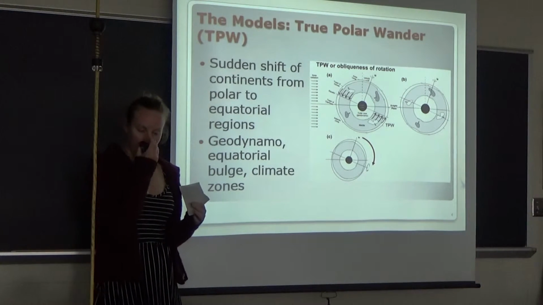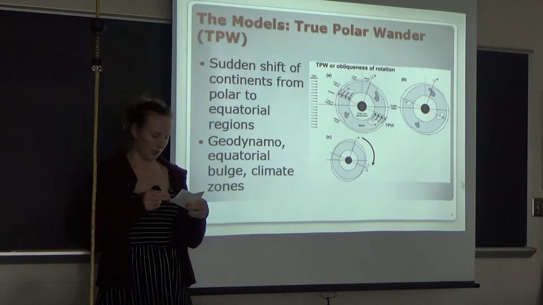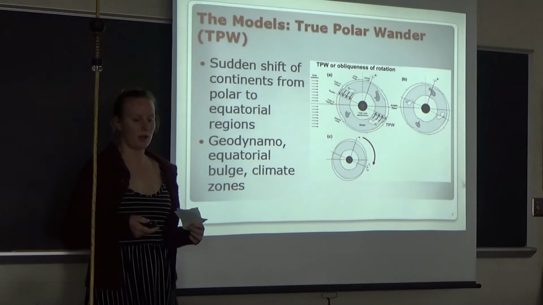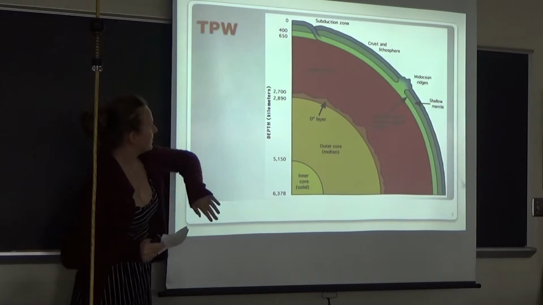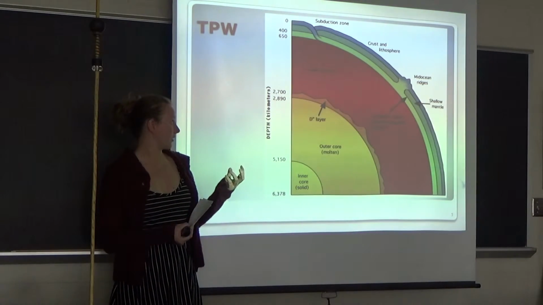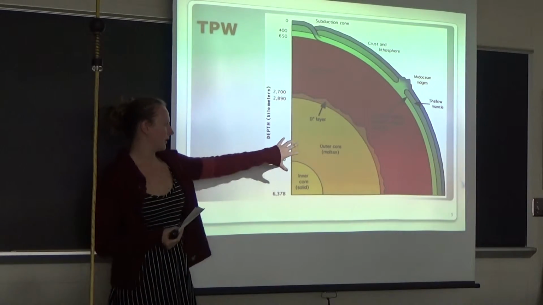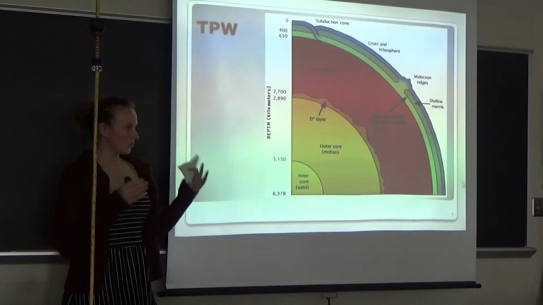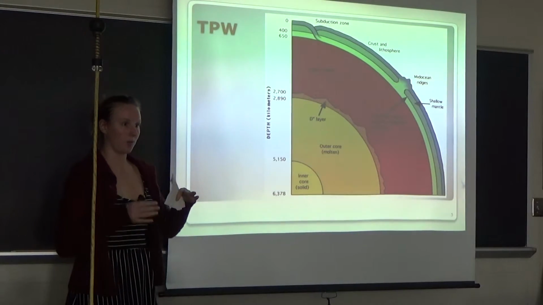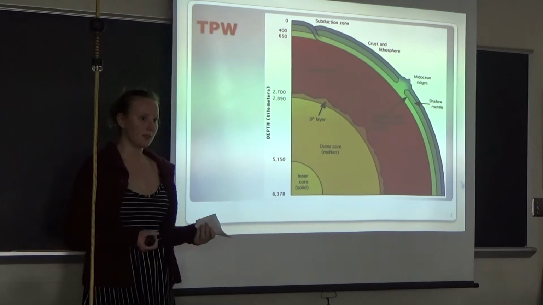So in relation to the movement of the continents, you have all the continents sitting on the crust and the lithosphere, and the movement of all of those things is controlled by the mantle, whereas the magnetic field of the actual Earth is controlled by the outer core. So true polar wander just basically says that things on the surface of the Earth shift without the poles ever actually shifting. Can you say that again, please?